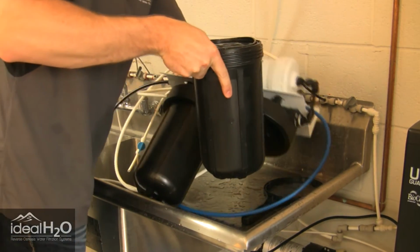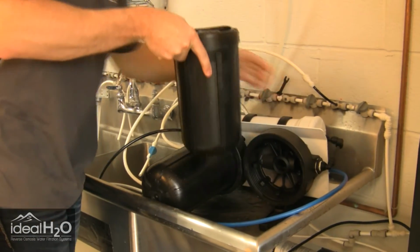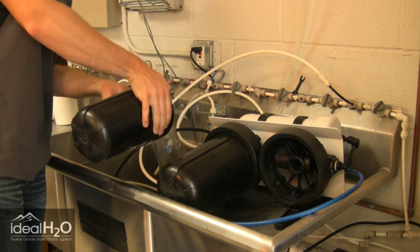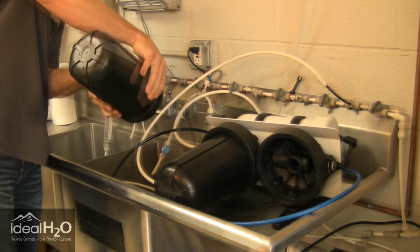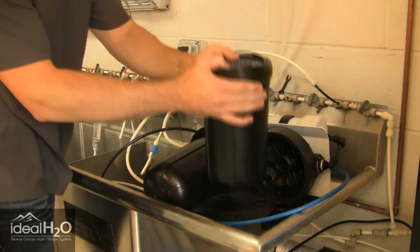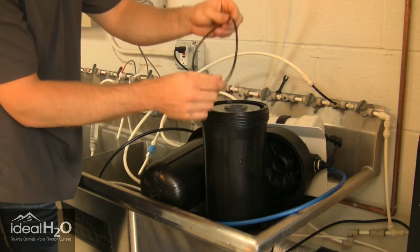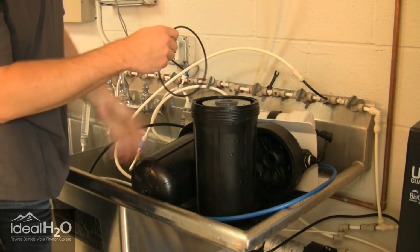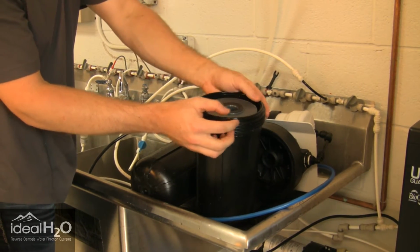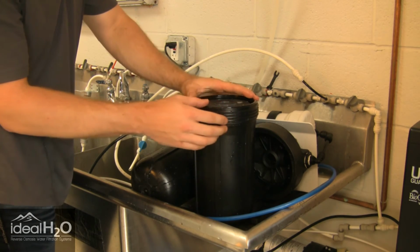Going to go ahead and set your system down. I'm going to empty out the water. And make sure you hold on to the O-ring too. Sometimes when you're dumping that out, that'll fall down. It actually needs to sit and seat itself inside or on top of the housing here, and that prevents any